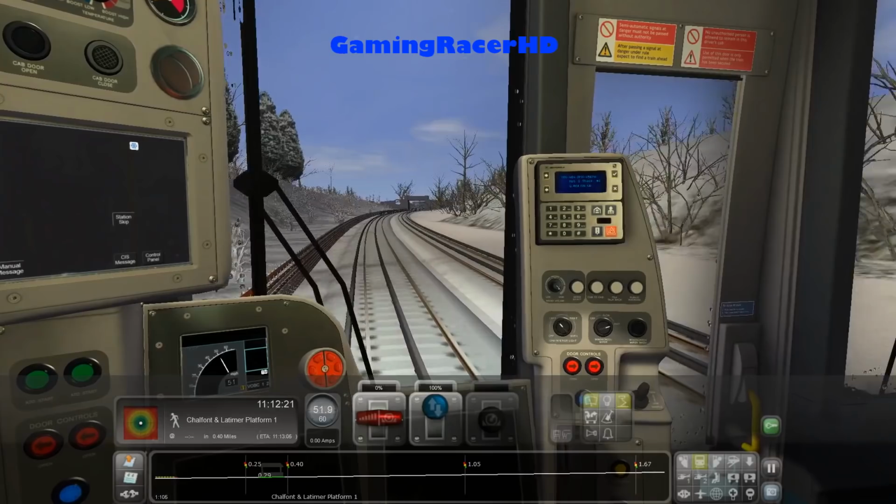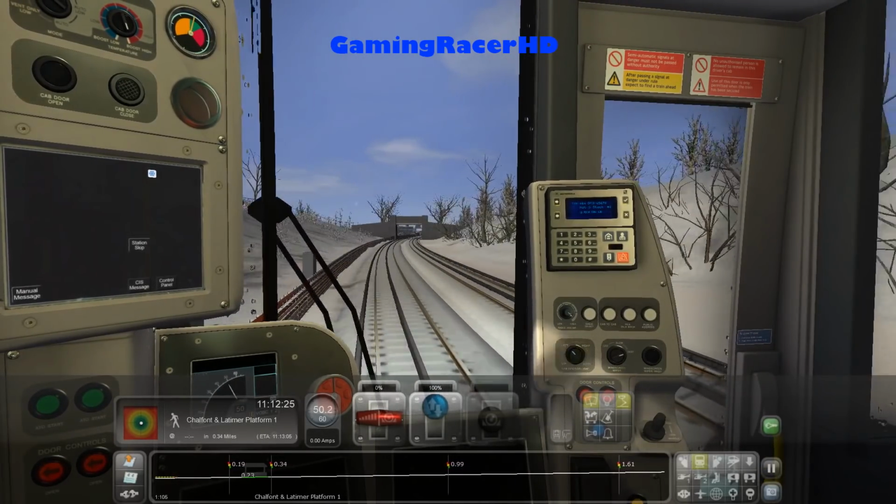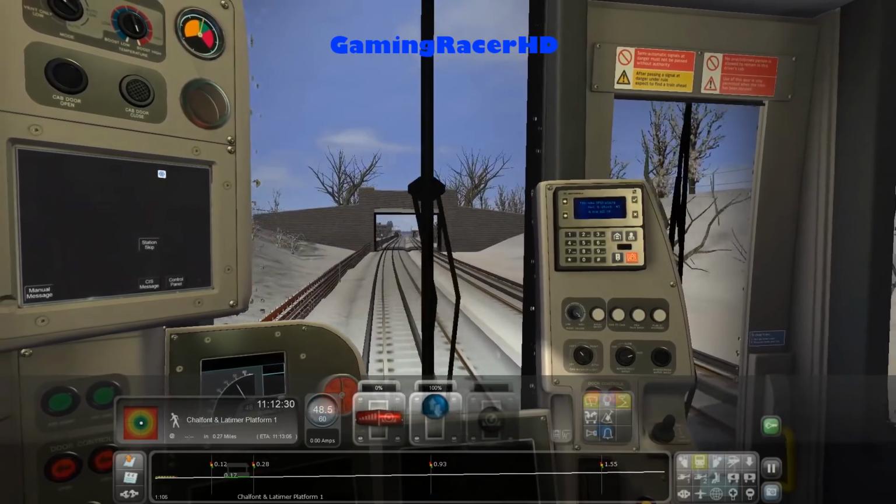So yeah, that's where the cab lights are. I was actually wondering from my first video on this train where the cab lights were, but now I know, so on the cab lights, then obviously